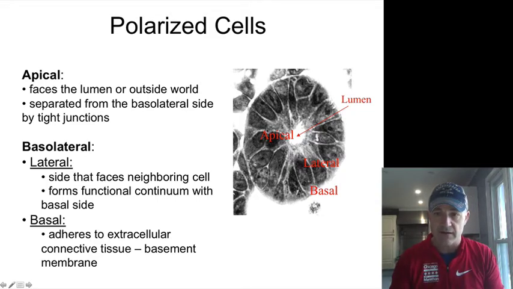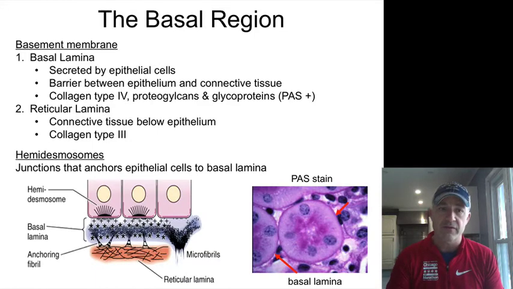Basolateral, lateral is going to be on the sides here. We're going to see a lot of this in the next little set of ones here. That lateral side is really tightly connected by these tight junctions and adherens and things like that. So that basal region, like I said, the basement membrane is made up of these two layers called the basal lamina and the reticular lamina, again, made up of different types of connective tissue, things like different types of collagen